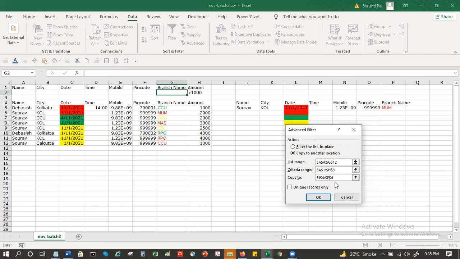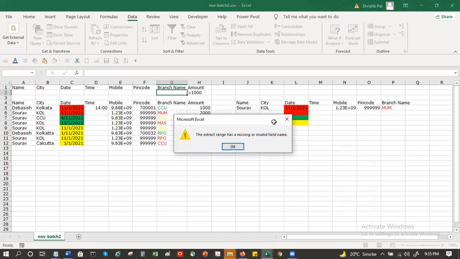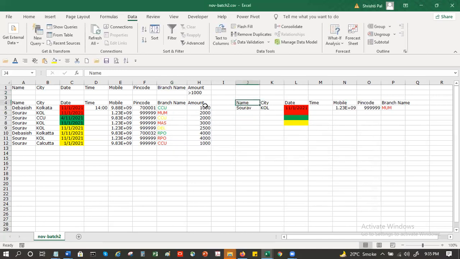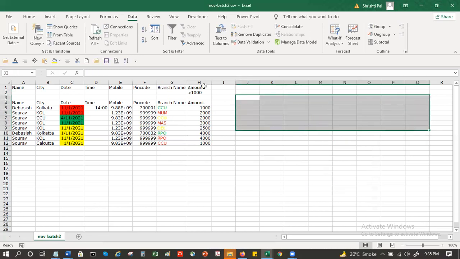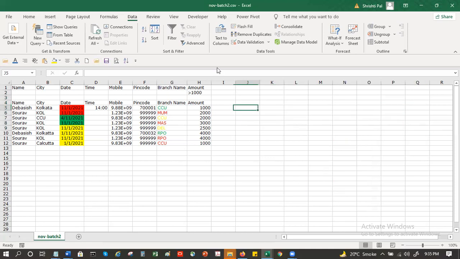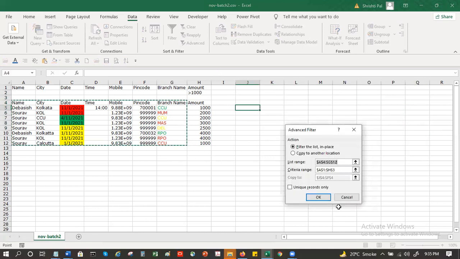Instead of P, I'll have to give Q because my amount field will also come, right? Copy A4. This one is H12.